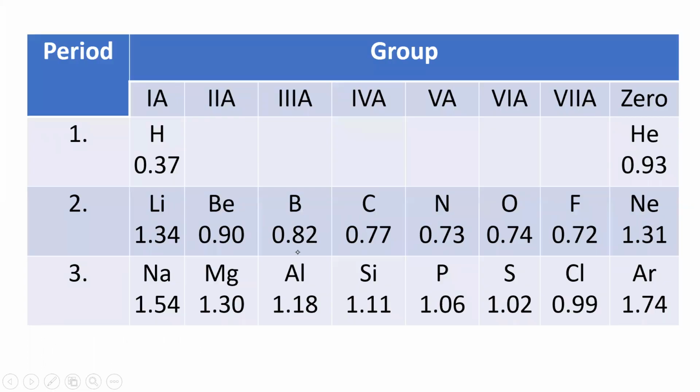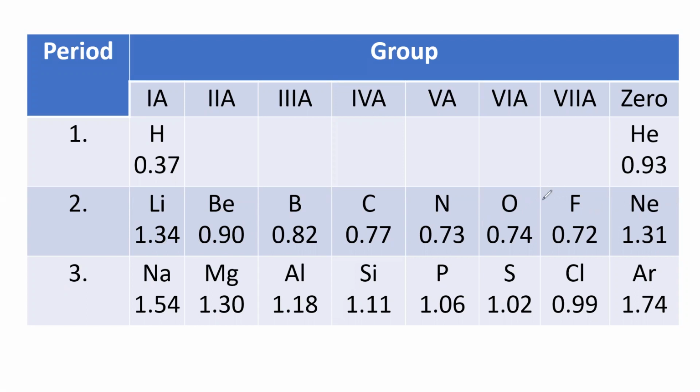Coming to the first, second and third periods, what is the atomic radius? Hydrogen 0.37 and helium 0.93. Lithium 1.34, beryllium 0.90, boron 0.82. Very, very important here: as we move from left to right, lithium is 1.34 and beryllium is 0.90, next boron 0.82. These values you need not remember; we just have to see that it is decreasing from left to right. It starts from lithium 1.34, and for neon it is slightly higher than the others because of completely filled electrons